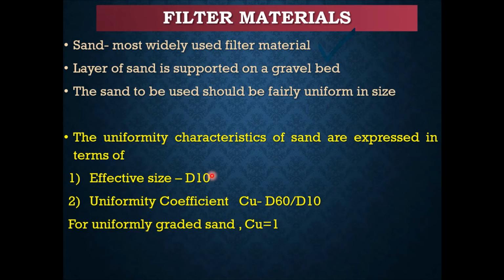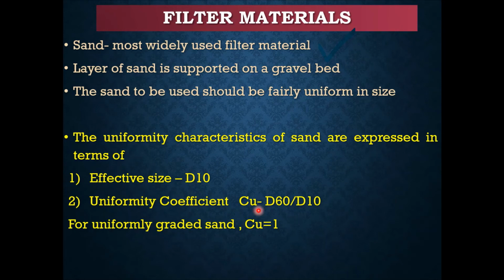As in your geotechnical engineering, where you studied fineness and uniformity coefficient and how to calculate it, a similar process we use when using sand for filtration. The uniformity characteristics of sand are expressed in terms of effective size,